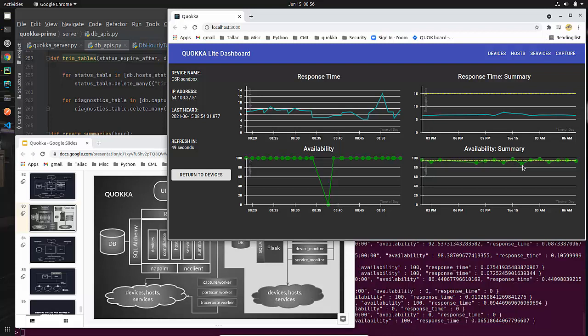You see here availability went down below the prescribed SLA value, service level agreement value. I would generate an event. I'm not doing events in Quokka Prime, at least not yet. So that is what you see, and that is what has been implemented. And so we're going to talk about how I actually did that.